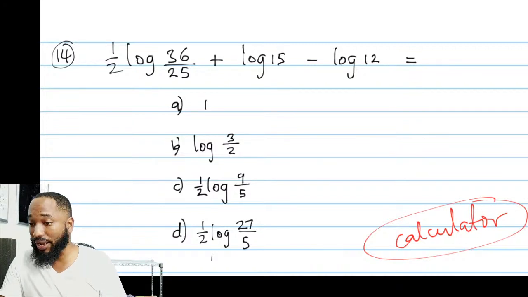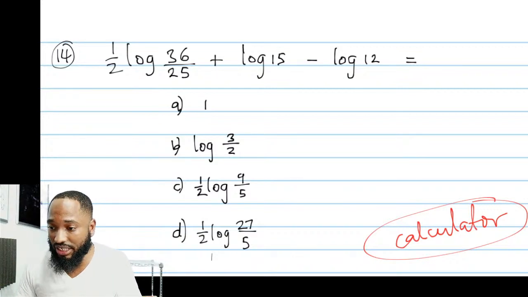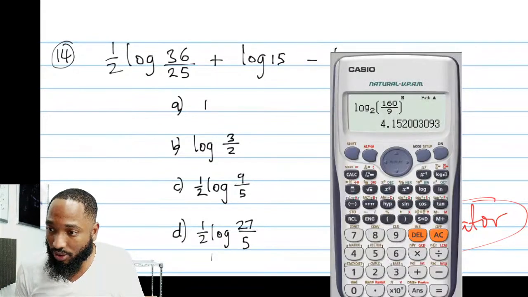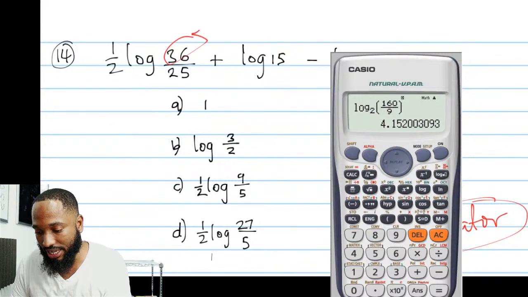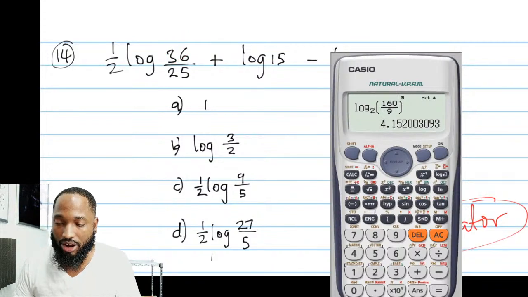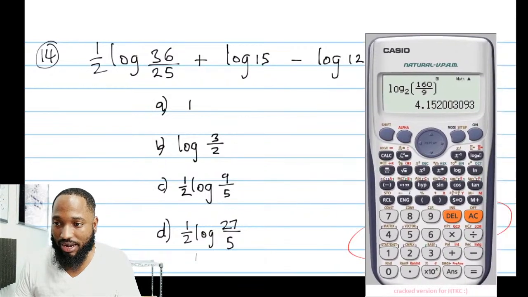This is straight up calculator. It has no x in this, it has no p, it has no q, it has no anything in this. You can just jump out with your calculator now. Once again, there's a way to work through this. You always see that 36 there. Square root 36, 25. There's a way to work it. And I'd advise you doing both methods. But for now, just bring out your calculator and laugh at them.